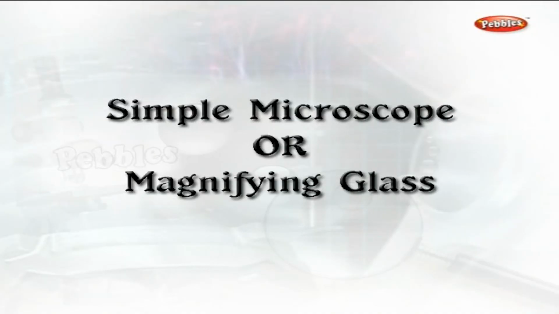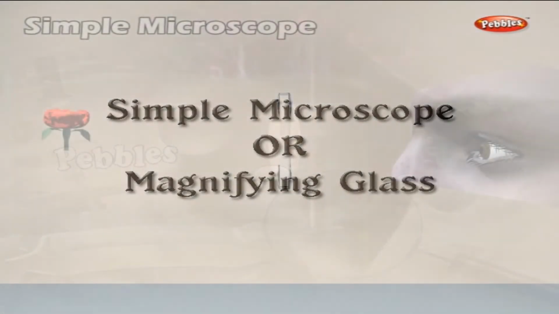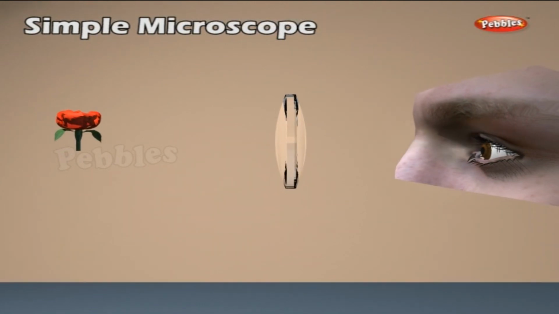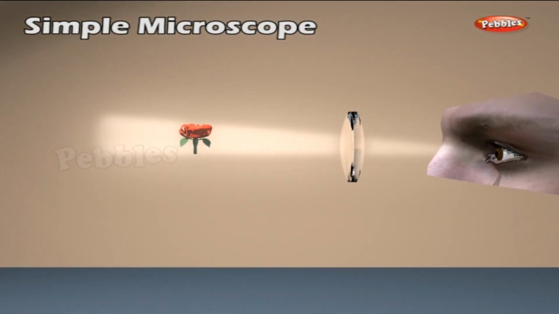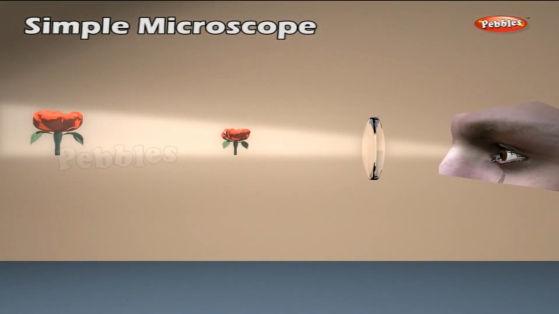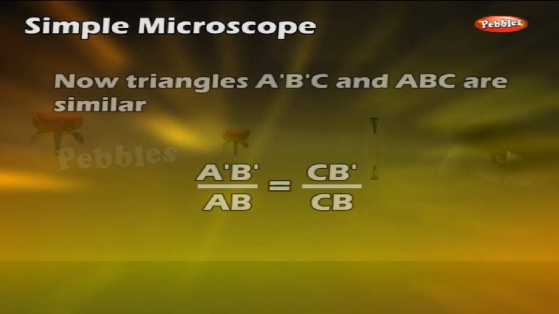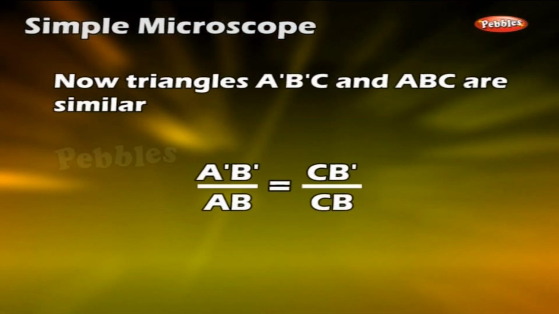Simple microscope or magnifying glass. When an object is placed in front of a convex lens at a distance less than the focal length, then we get a magnified image of the object on the same side. If the lens is placed at such a distance that the final image is formed at the least distance of distinct vision. Now, triangles